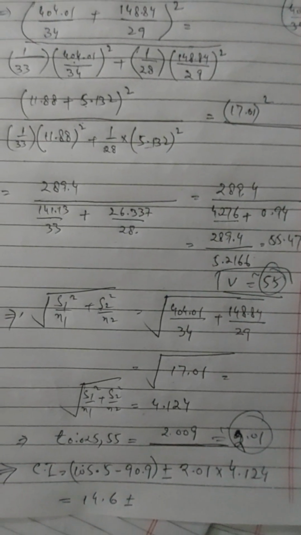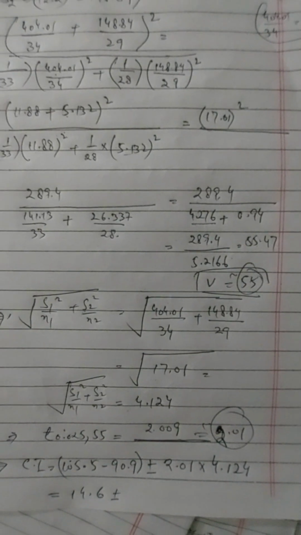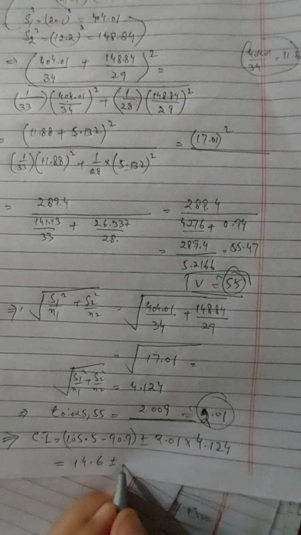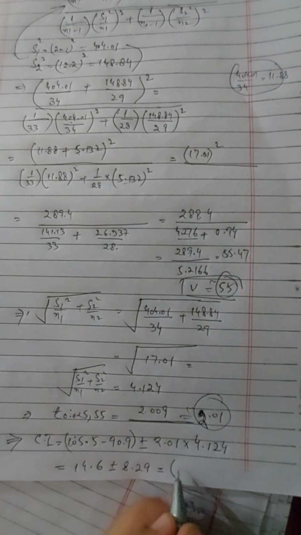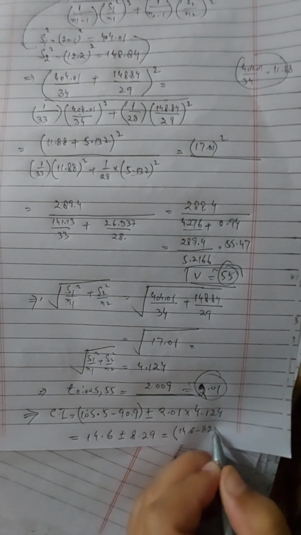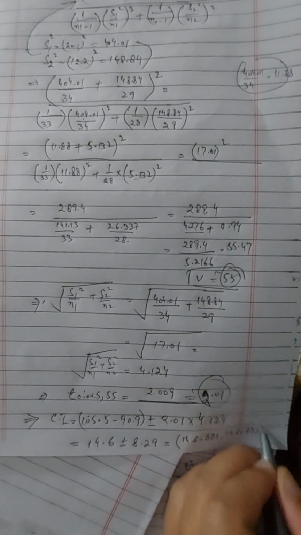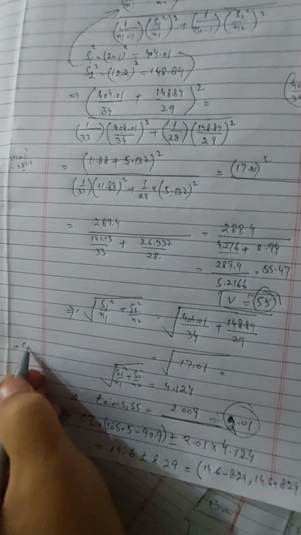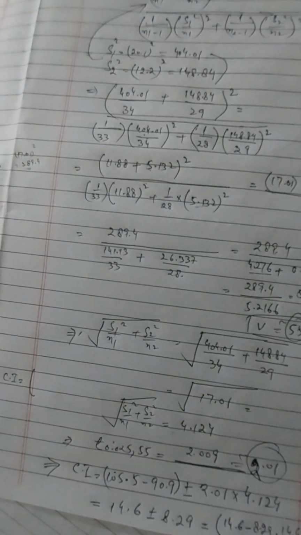2.01 multiplied by 4.124 gives us approximately 8.29. So we can say 14.6 minus 8.29 and 14.6 plus 8.29. The value that we get for the confidence interval is 14.6 minus 8.29, which gives